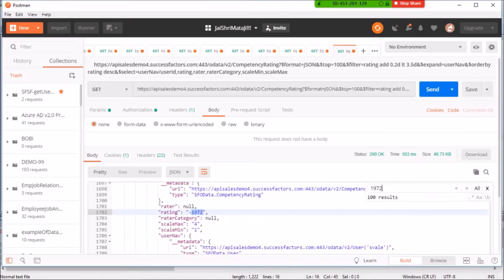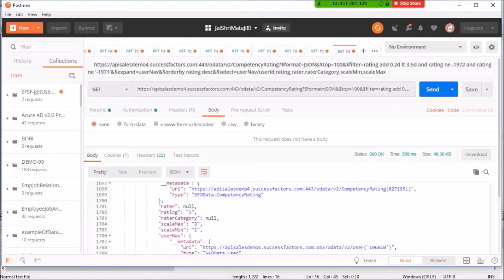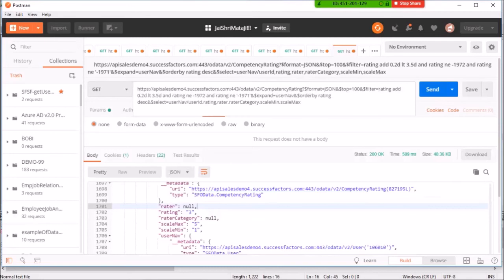It shows that there is a value of -1972. And if we apply the criteria again as rating not equal to -1972 without the single quotes, let's see whether it comes up again. No, it's not here now. So both with single quotes and without single quotes, the values work.